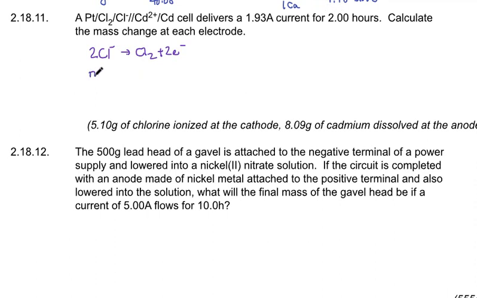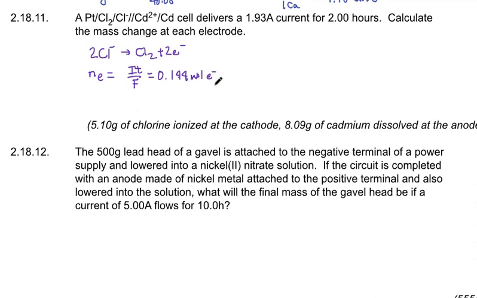So our number of moles of electrons would be I·t over F. I is 1.93 amps, time is 7,200 seconds divided by the Faraday constant, and we get 0.144